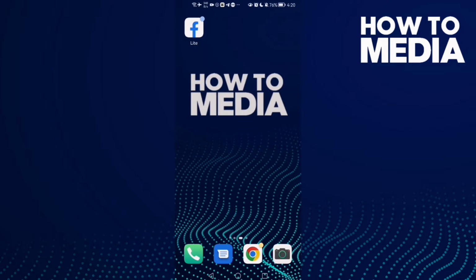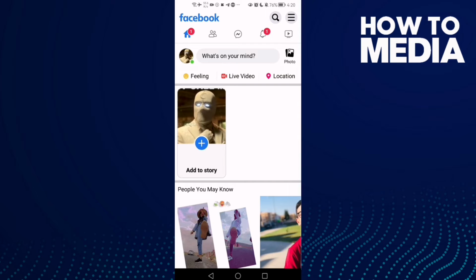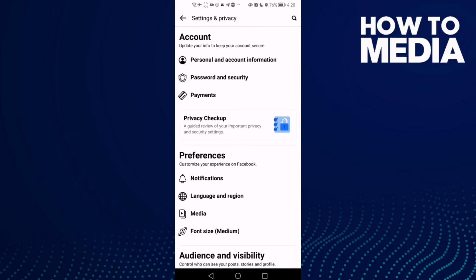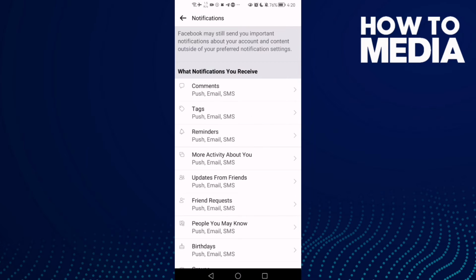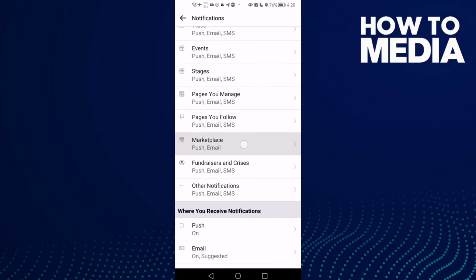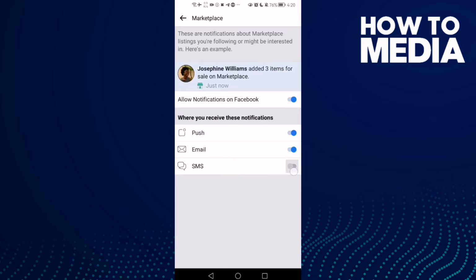First thing, go to Facebook Lite and here just click these three lines in the top corner and go down until you find settings and then notifications. Click MarketPlace and then turn on SMS. Now just go back and it will be saved,